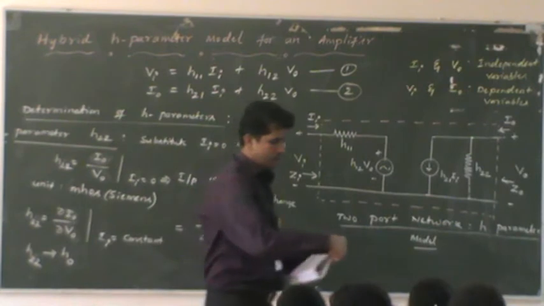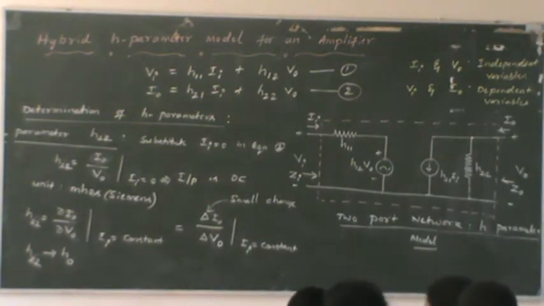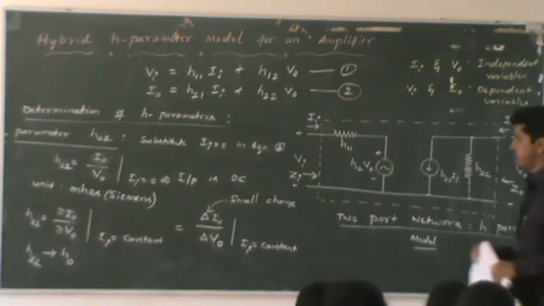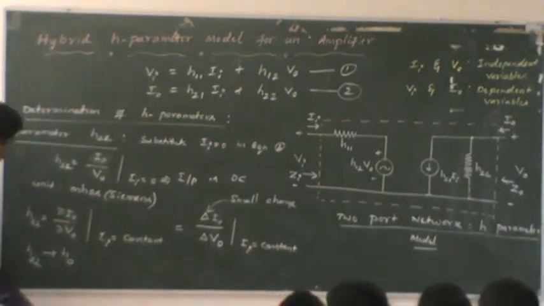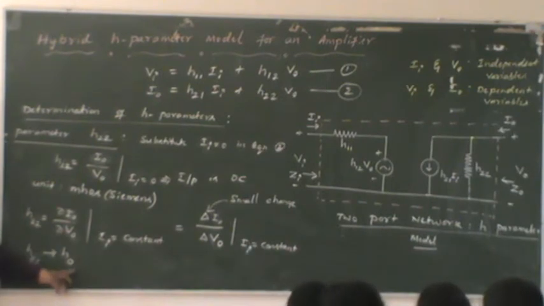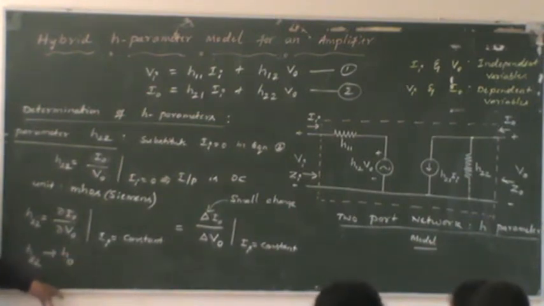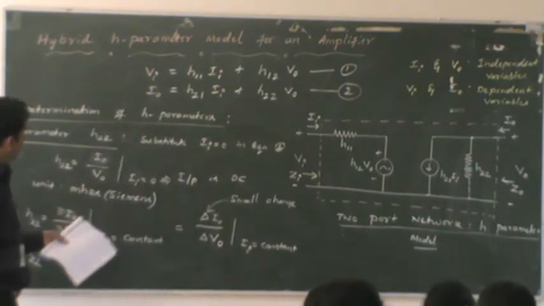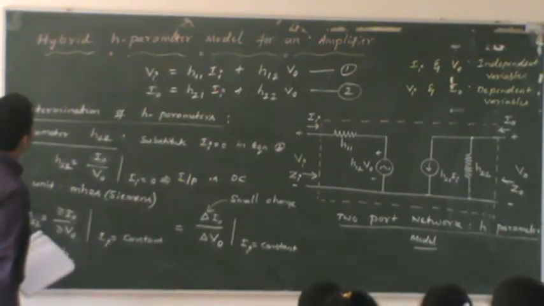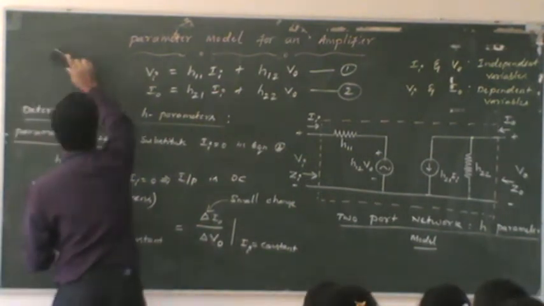If you have any questions, you can ask us before we develop the transistor hybrid model. So far we analyzed just a general hybrid model. Now onwards we will apply this. You can substitute with either notations E or B or C to restrict to a particular transistor. Now we will change all these notations particularly for the bipolar transistor, and later we will see how these equations can be changed. Any questions about equations 1 and 2 and these definitions? Okay, so we will just develop the transistor hybrid model.